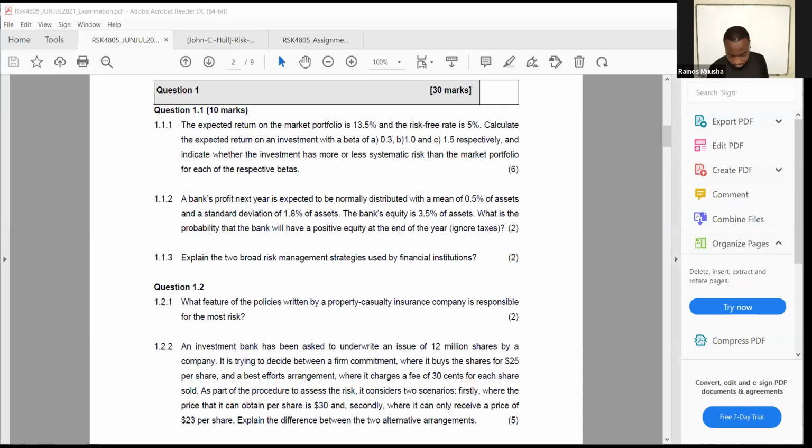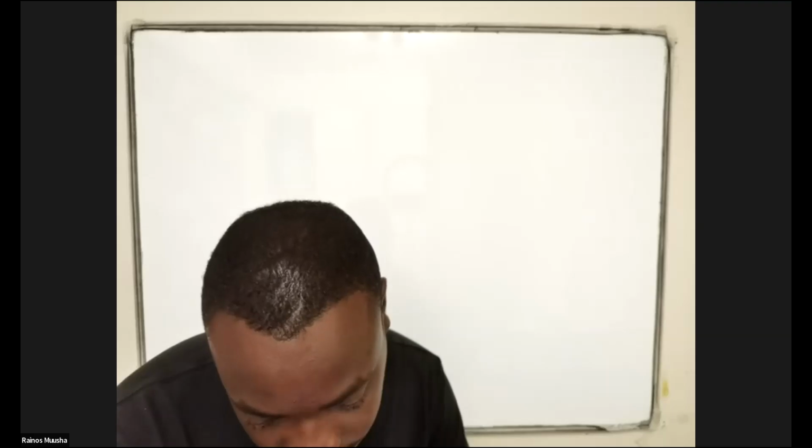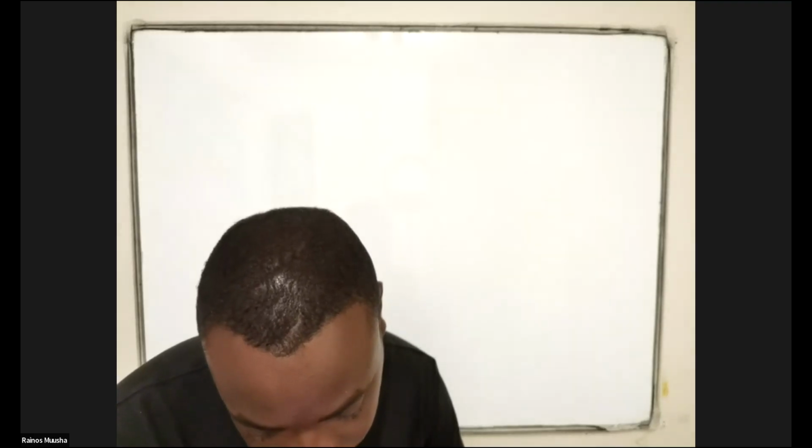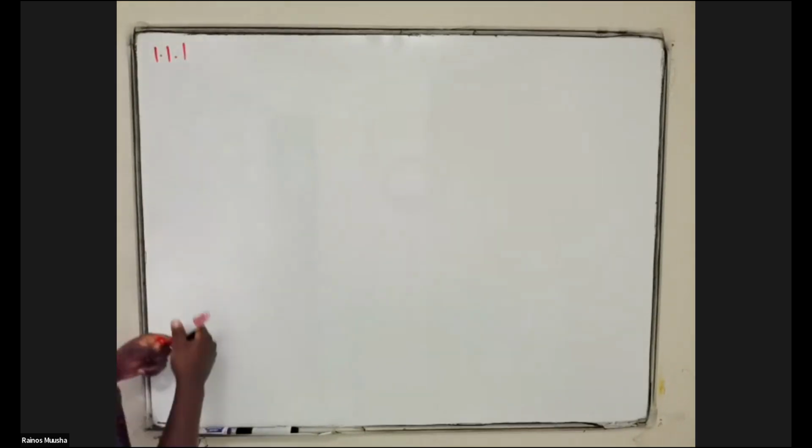Question number 1.1.1, they give us that information. So they give us the return on the market portfolio, they give us the risk-free rate of return, and they say calculate the expected return on investment with the following betas as well, right? So for question 1.1.1,